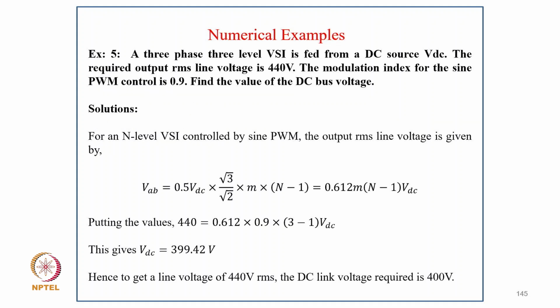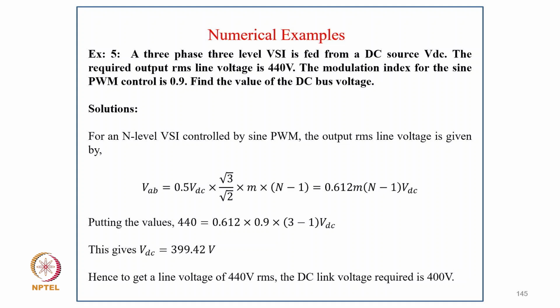Now coming to example 5: a 3-phase 3-level voltage source inverter is fed from a DC source VDC, and the required output RMS voltage is 440 volt. The modulation index for the sine PWM control is 0.9. Find the value of the DC bus voltage. Coming to the solution, for an n-level VSI controlled by sine wave PWM, the output RMS line voltage is given by